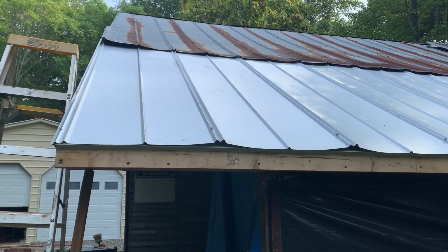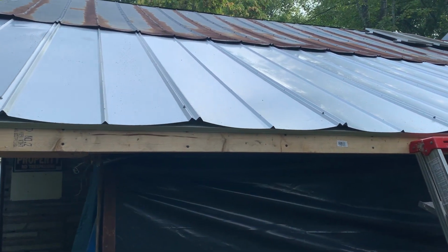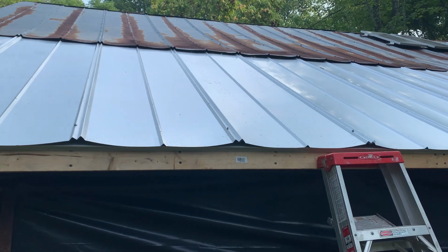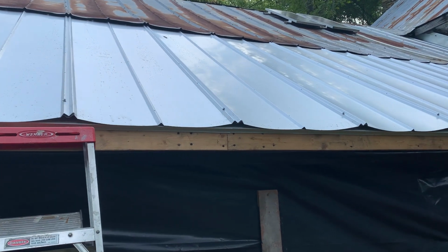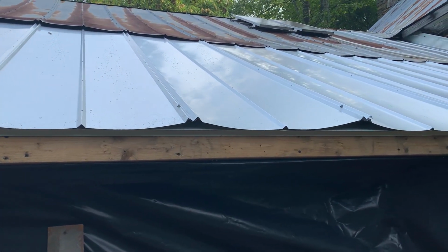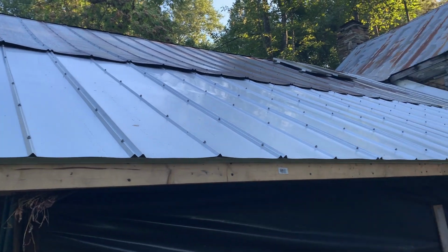So the top is pretty much at a square. The bottom is square, but the distance between the panels is shorter on top. Actually, I pre-drilled all the holes first on the tin. And then what I did is I lined up the holes to try to divide the shorter spacing between all of them. The top panels are tight against each other, so I had to force them,